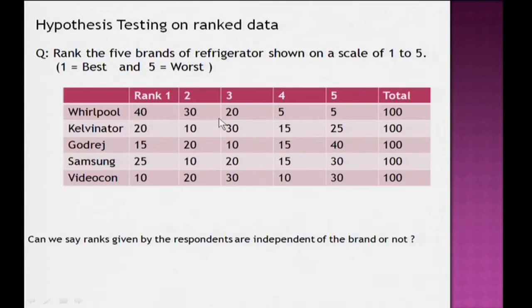To identify that, we have how many rows? We have 1, 2, 3, 4 and 5 rows. 5 rows are there, 5 columns are there. So, in total how many proportions? 25 proportions. Data is of 25 and degrees of freedom would be then R minus 1 into C minus 1. R is 5 minus 1, 4, into C minus 1, 4. So, 16 would be your degrees of freedom, right. And once you have 16 degrees of freedom, at 5% level you can have the chi-square tabulated value. That chi-square tabulated value has to be compared with the chi-square calculated value.